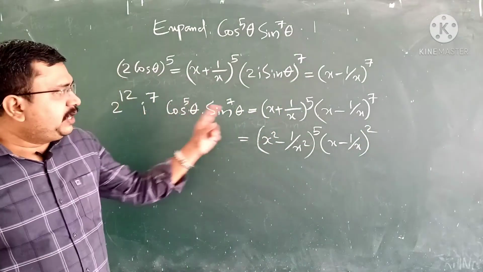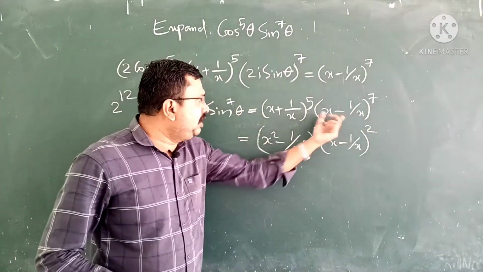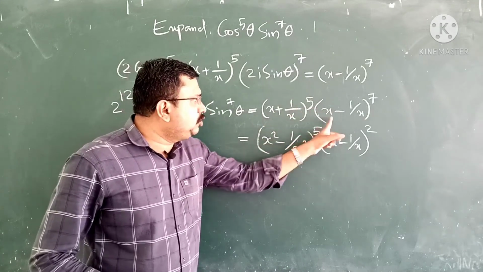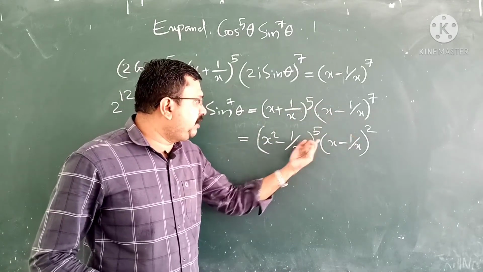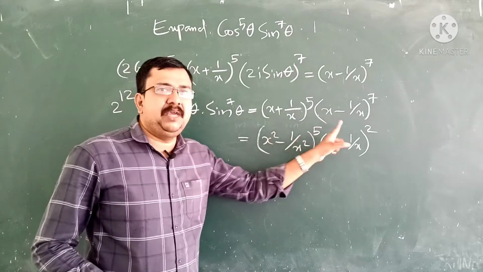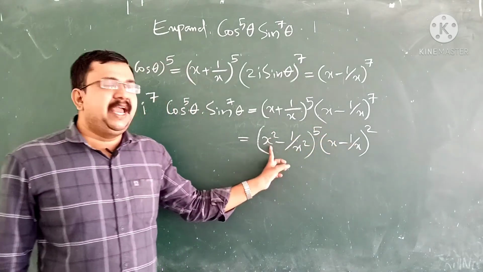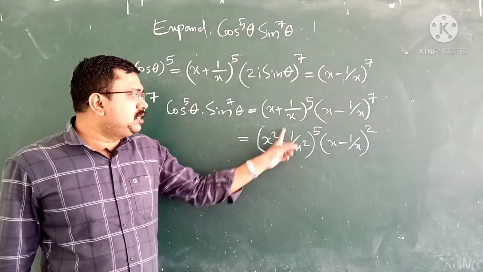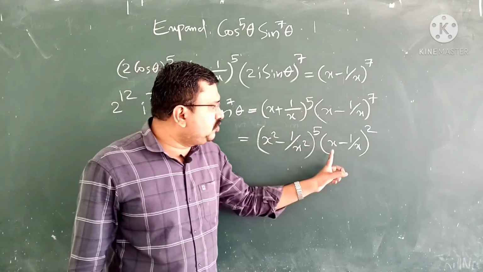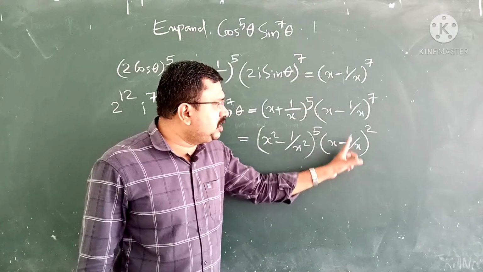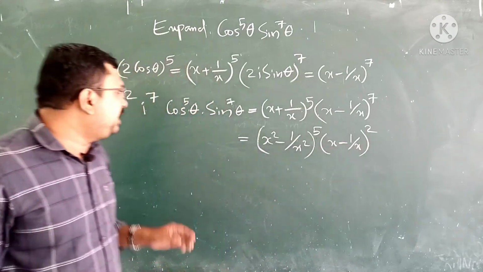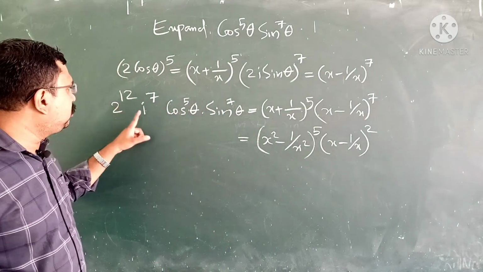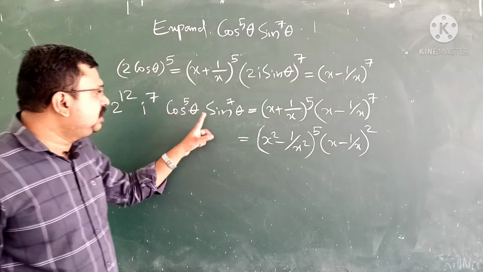Okay, we are grouping these two, then we will get x plus 1 by x into x minus 1 by x 5 times, that is equal to a plus b into a minus b, that is a square minus b square. Therefore it is x square minus 1 by x square the whole raised to 5 into x minus 1 by x the whole square, that is equal to 2 raised to 12 into i raised to 7, this one,